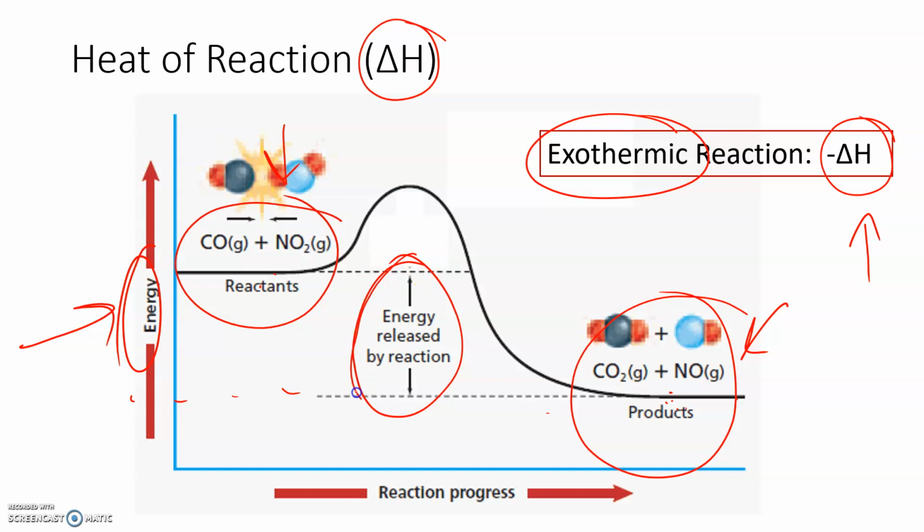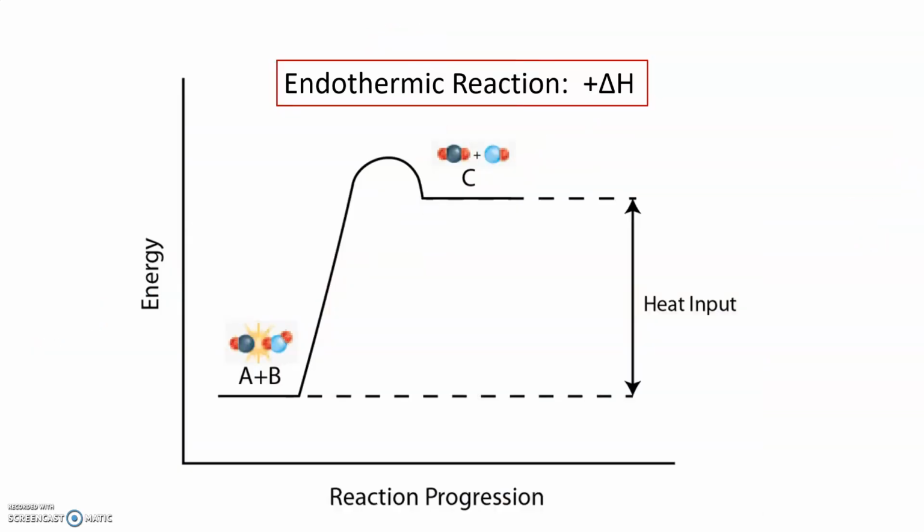So this right here, which I just circled, this little gap between the reactant line and the product line on this graph, that represents delta H, the difference in the reactant and product energy. I kind of explained it already by looking at an exothermic graph, but next time we will explore these graphs more. This would be a graph called a potential energy diagram for an endothermic reaction, one that absorbs